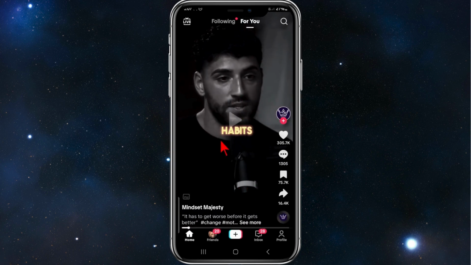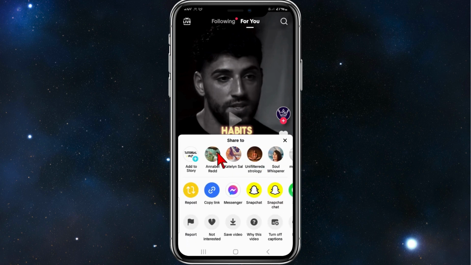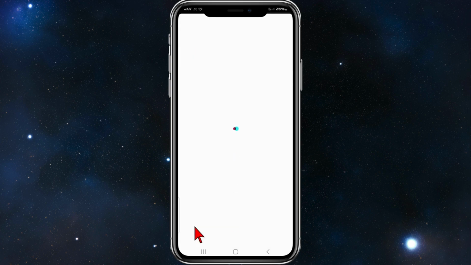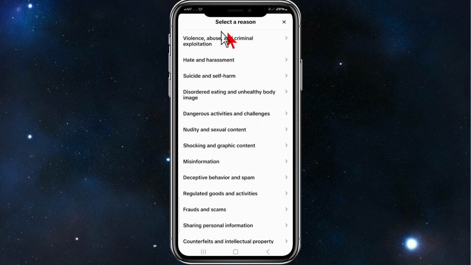So if you want to report this video, for example, or any video, simply click on the share button, bottom right hand corner of your screen, and then you'll be brought to this page, and then the bottom left hand corner of it will be a report button. It might be to the right, but normally it's at the bottom left hand corner of this page. So click on report, then this pop-up will appear, and then you can select the reason,